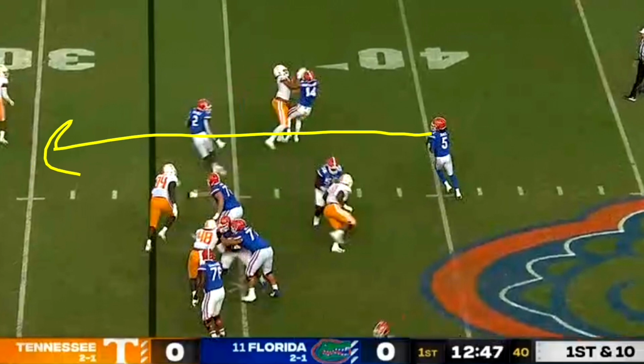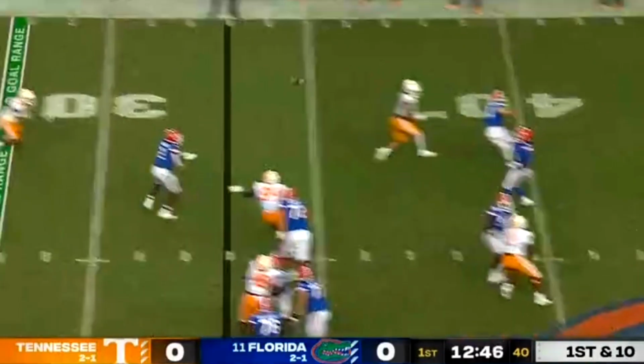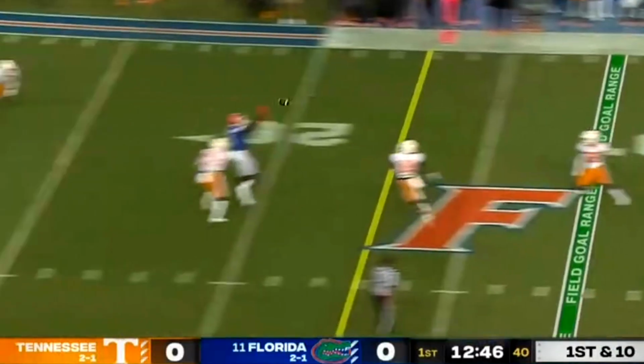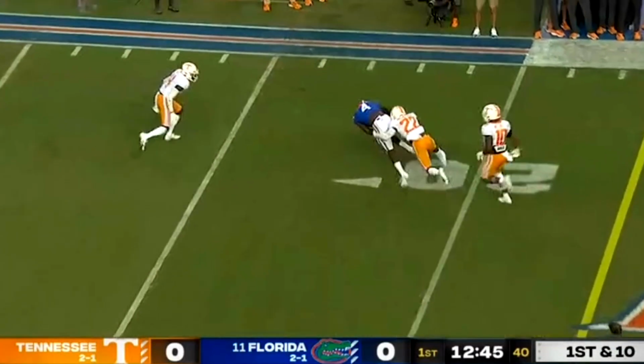So that tells me that Dan Mullen had said, we expect Tennessee to collapse down on Gamble and overplay the tight end. Tennessee actually didn't do that. In fact, they had pretty good coverage here. Gamble would have been the easier throw. Gamble's ready for it. Emory elects to take a harder throw, and he puts the ball on the money to